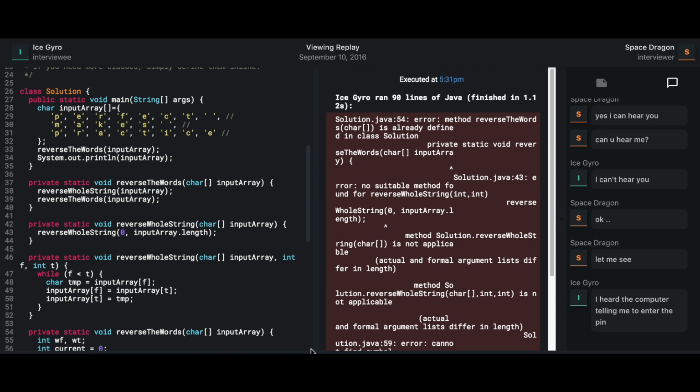One more thing that you did is that while reversing the string, where do you reverse the string? Here is main. From here you call reverse the words, because you reverse the whole string, then reverse the words. Reverse whole string is basically just reversing the whole string with this input, and reverse words basically